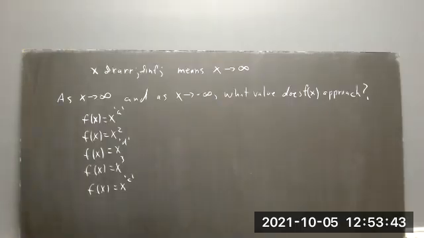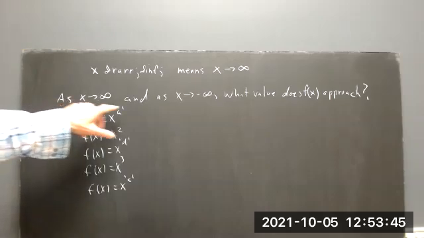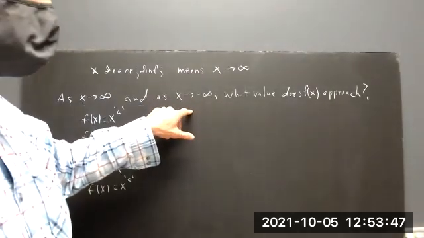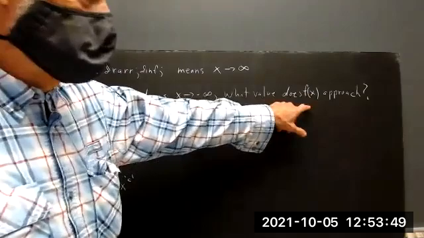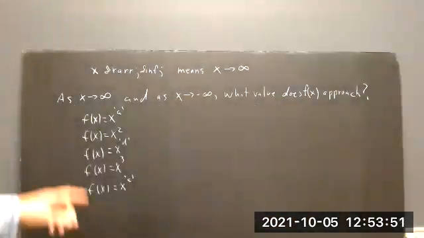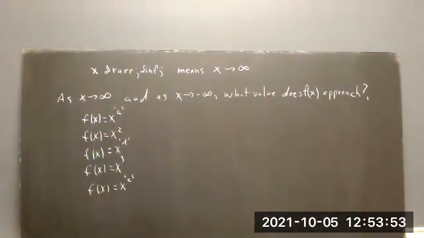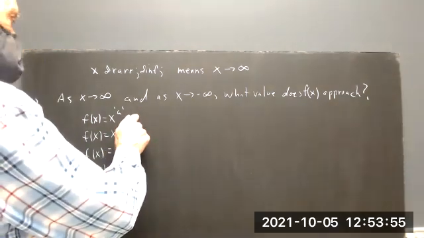Okay. So as x goes to infinity and as x goes to negative infinity, what value does f of x approach? Well, if x is x to the a. In my case, that would be